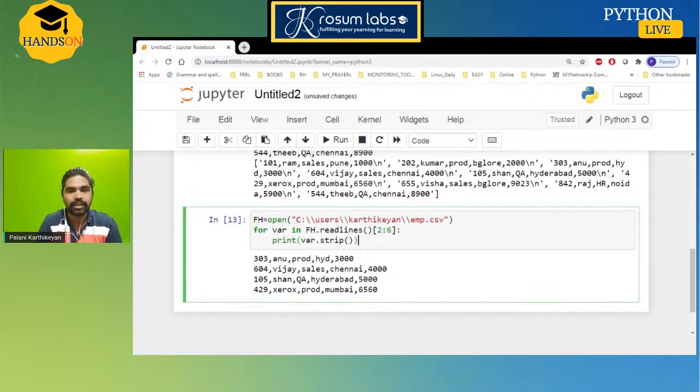If you're loading that file this way, like what we are discussing, and you don't have sufficient memory, the system will hang. The process will hang, so it will not be effective.